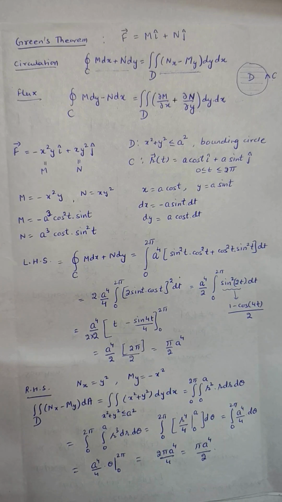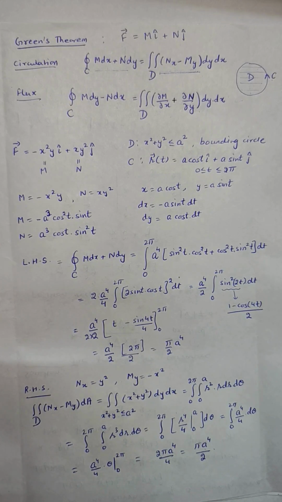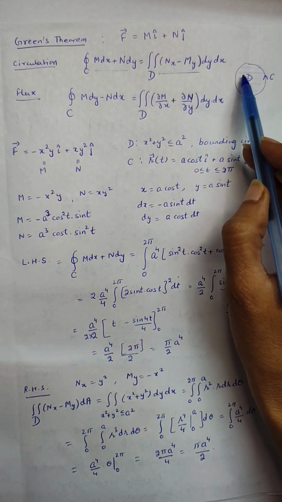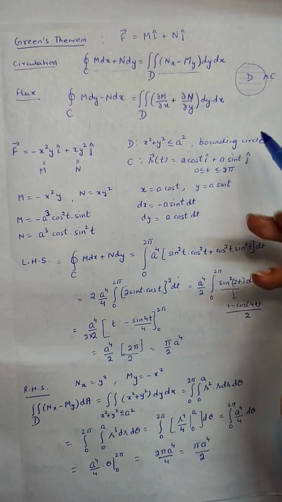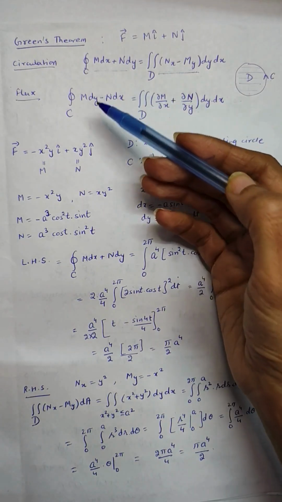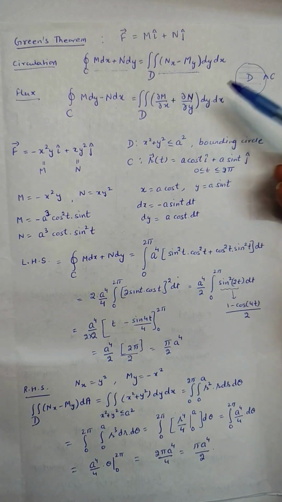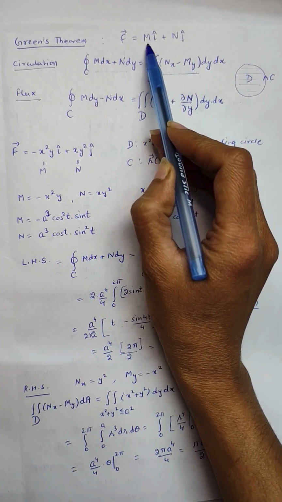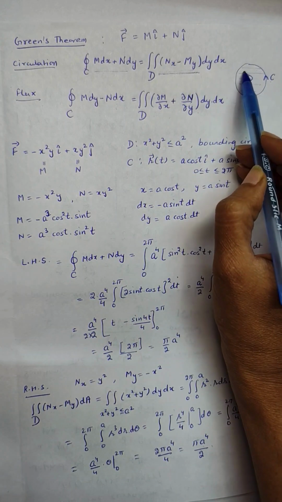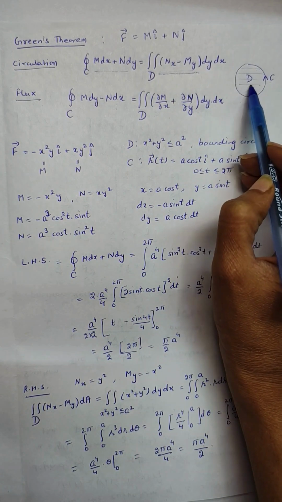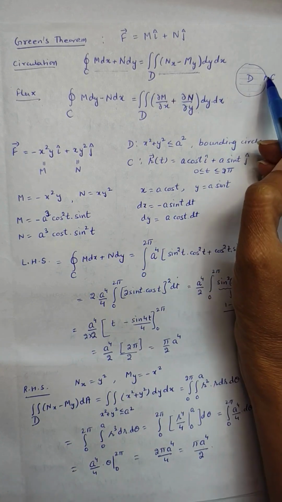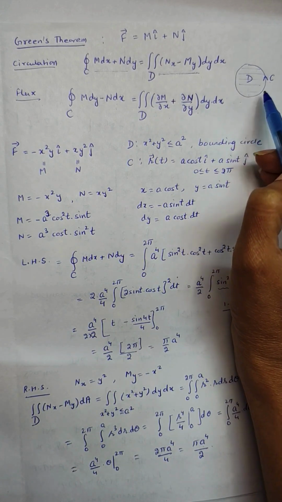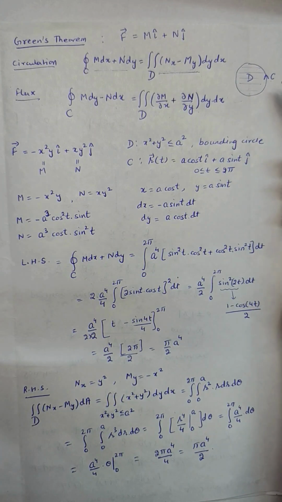In this video, we are going to learn how to find the circulation and flux of a vector field F defined in the domain D and how to use Green's theorem to calculate these values using a double integral. So F is the vector field whose components are M and N. It's defined in this domain D. D is open and simply connected, and it's bounded by this curve C, which is piecewise smooth, simply connected, and